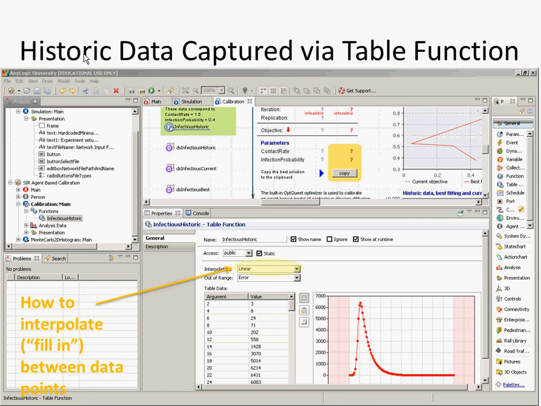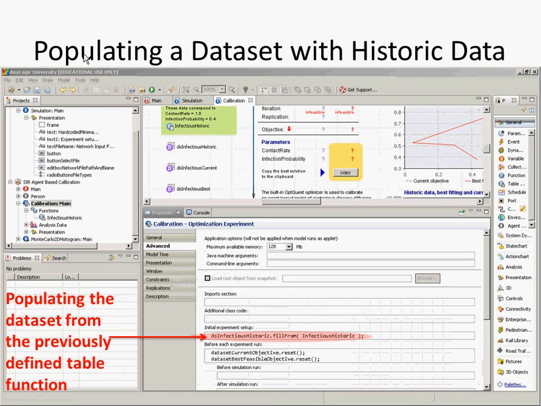Quite useful for that. So here we're specifying the historic data, and then we have a little call to the data set saying, hey, fill from this table. Just fill yourself from this table. Fill up the data in this data set from there. Okay. So that's going at the time this experiment starts running, because that data historically is not going to change between iterations of this optimization. It's not going to change with each successive run of main. Okay, now,